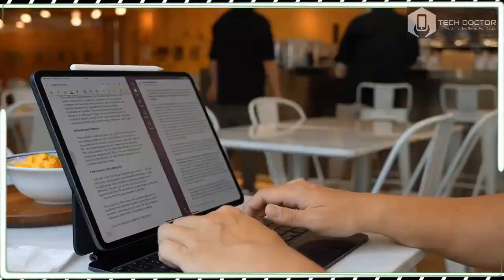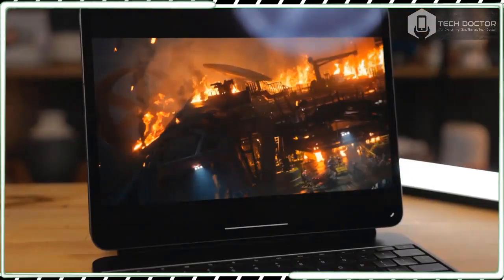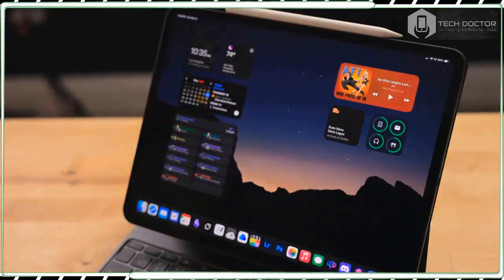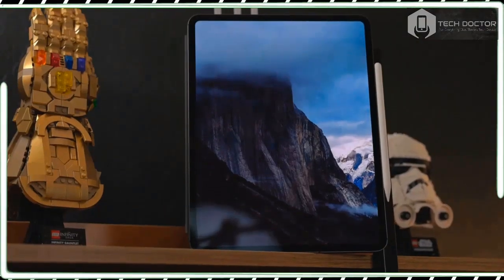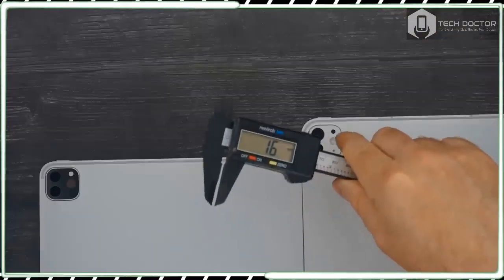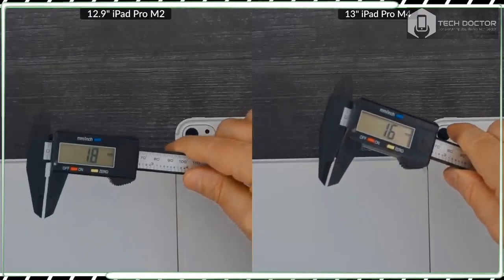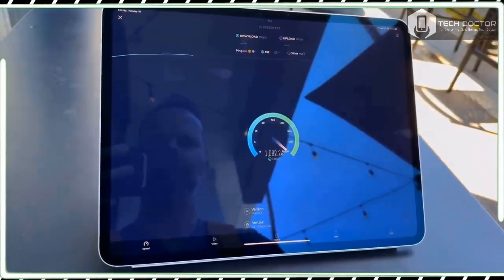Despite having a larger display than the previous model, the 13-inch iPad Pro is easily portable, especially if you are used to carrying around a 13-inch laptop. As for Apple's claims that it's the thinnest device it's ever made, I put it next to an AirTag, the thinnest Apple product I had to hand, and the iPad Pro 13-inch 2024 is indeed thinner,